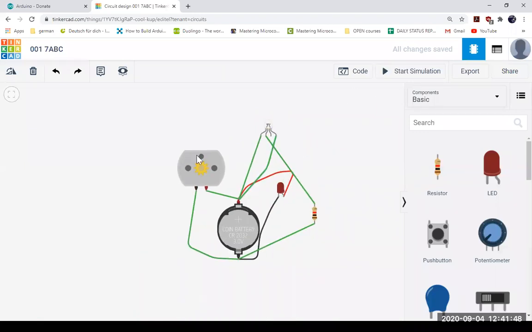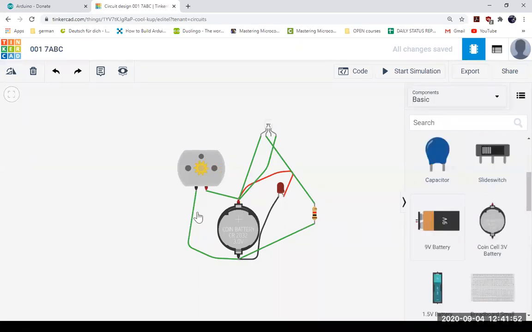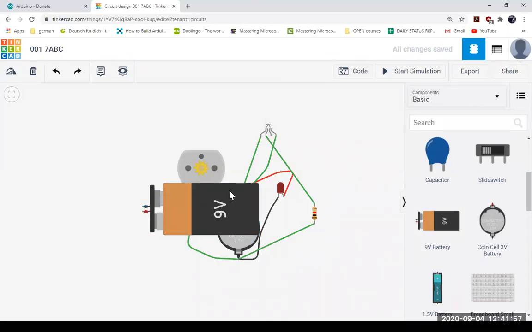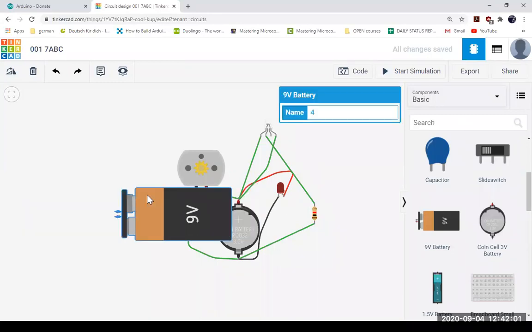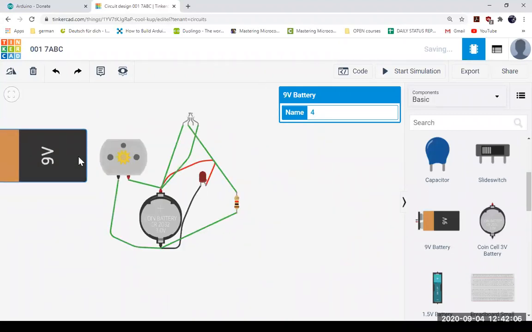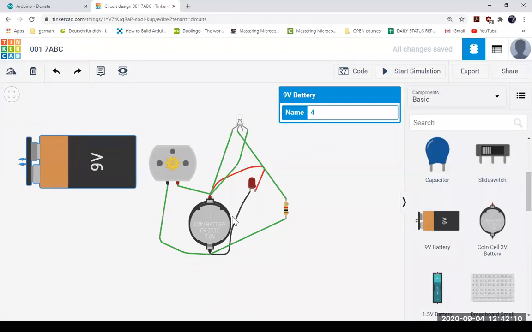You don't have to do this too complexly. You can do it one by one. You can connect one switch. You can connect another battery. So what you have to do today is just open this website, sign up, and try to play around with the battery and this board, the battery and the LEDs and motors. Try to connect any motor to any battery, any LED to any battery, and see what happens. Right.